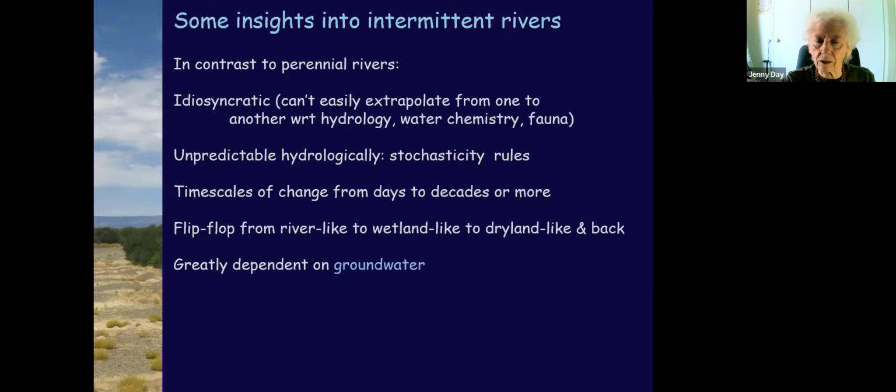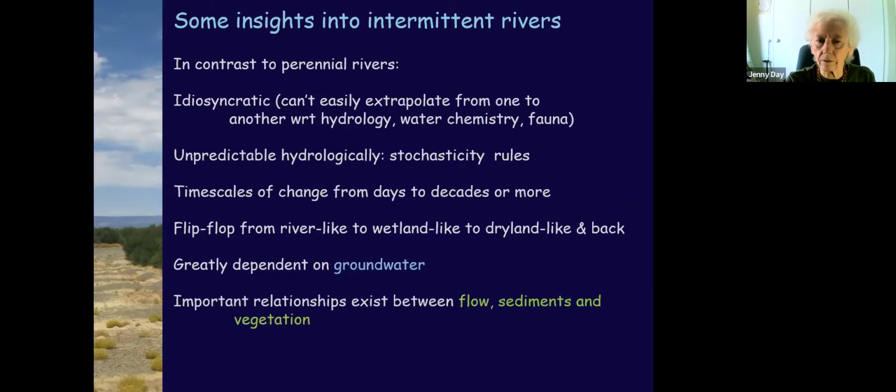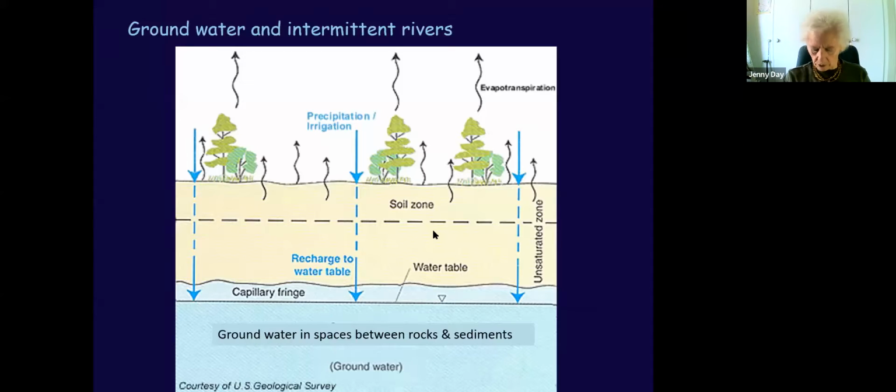The two important points that really do characterize these systems are that they're greatly dependent on groundwater, and that there are very important relationships that exist between flow, sediments, and vegetation. And I want to talk about groundwater and then the relationships below. Groundwater, if you can imagine, is the water below the surface in spaces between rocks and in sediments. And if this is the surface,